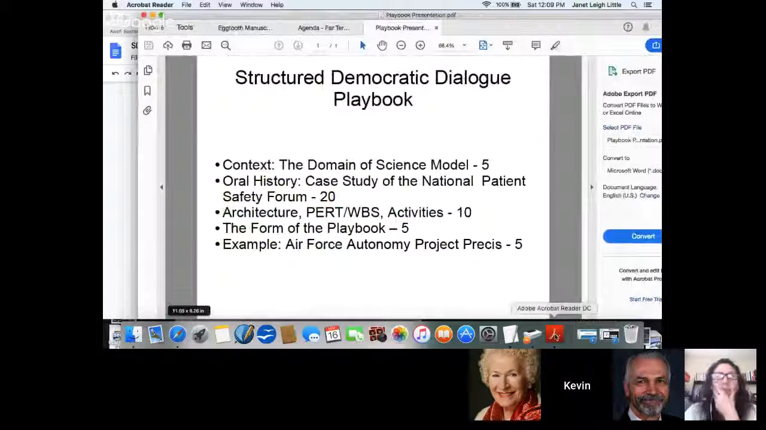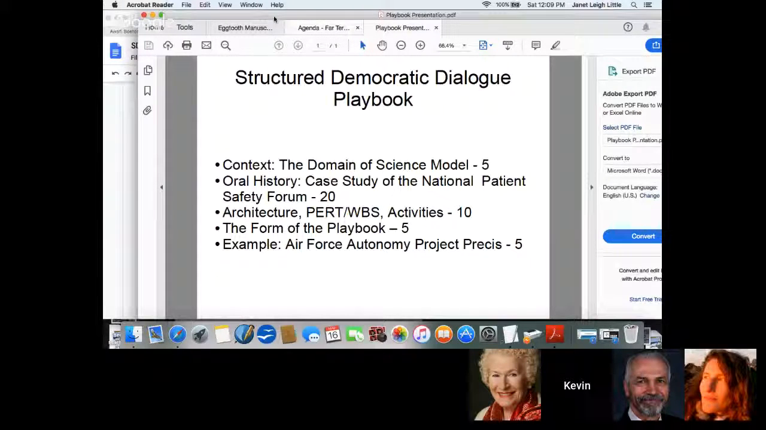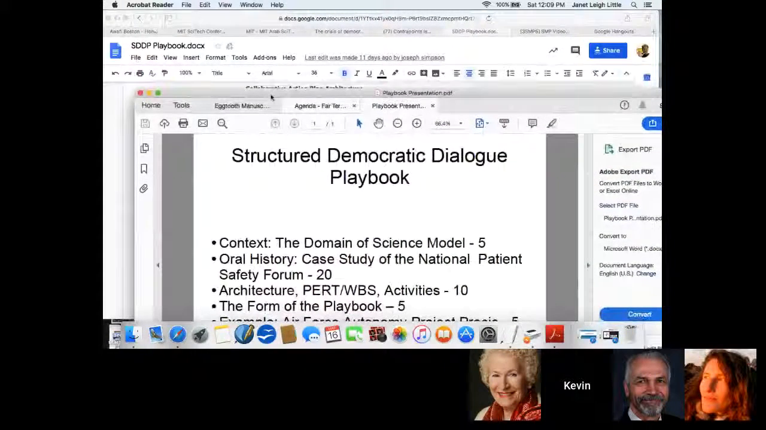Okay, so that's the domain of science model, and I'm going to talk about the motivating aspect of the model in terms of a specific case. And for that, I'm going to use just oral history for about 20 minutes. And I want to encourage you to ask questions along the way and make it